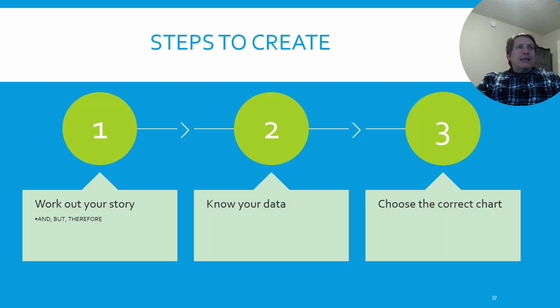Then if we are thinking in steps, the first is that we need to create the story. One really good technique of writing stories is to start by providing facts. That's the 'and'. This and this and this and this and this are the findings. But here is this gap, or here's my appreciation, or here is the caveat, or here is the curve. Therefore, that is going to create a conclusion.